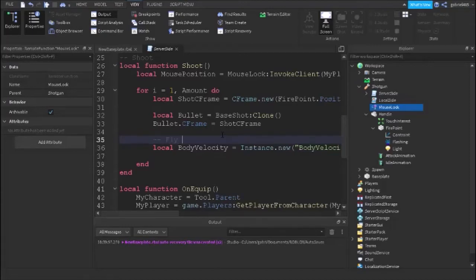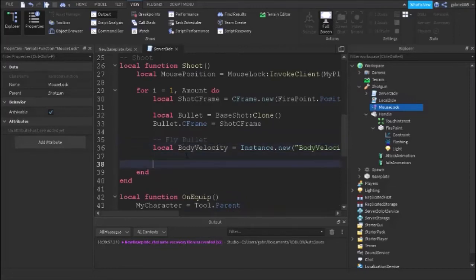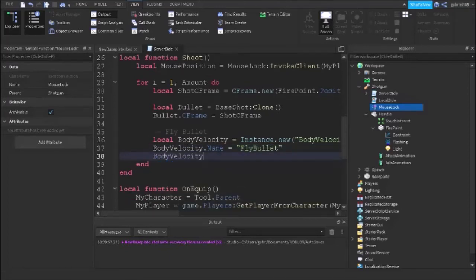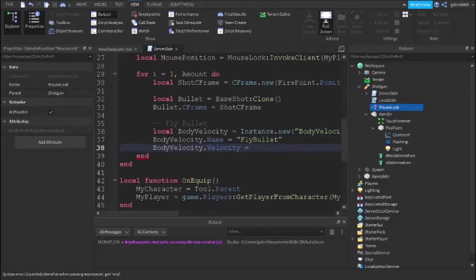Okay, so this is gonna make it so our bullet actually flies, and so we'll just call this body velocity dot name, because we want to name it. We'll call this fly bullet. Okay, just exactly like we named it, fly bullet. Then we do body velocity dot velocity. So this is gonna actually make it so we can actually fly. The bullet actually flies to the direction, and then we do shot CFrame dot look vector